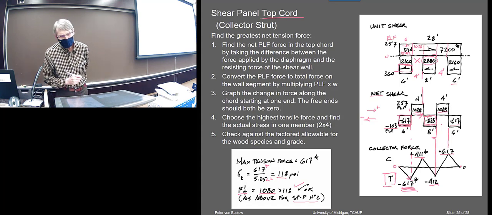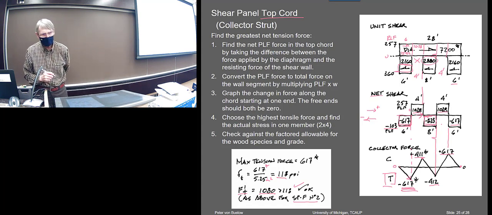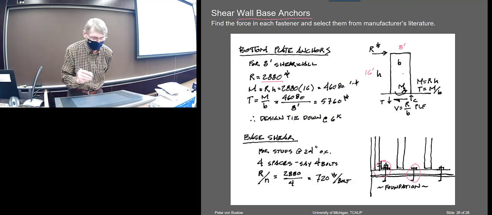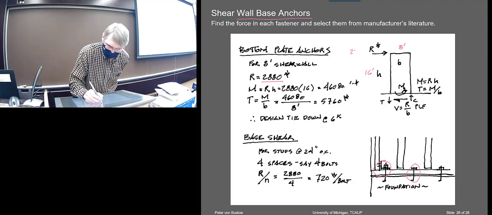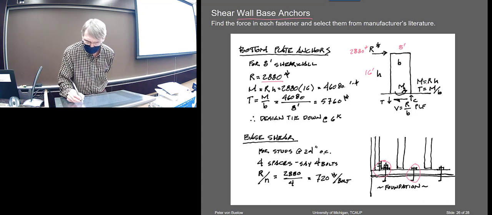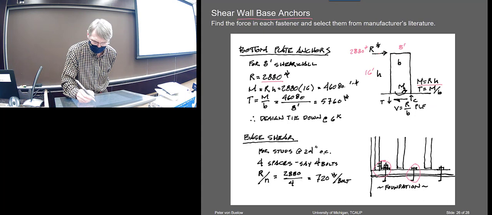That's that force on that middle shear wall. Okay. All right, and then so that's the 2880 pounds. Okay, so then we can get the moment here based on that